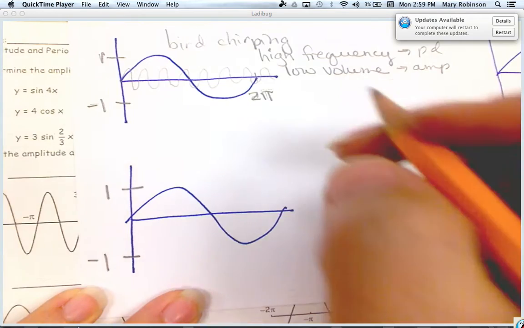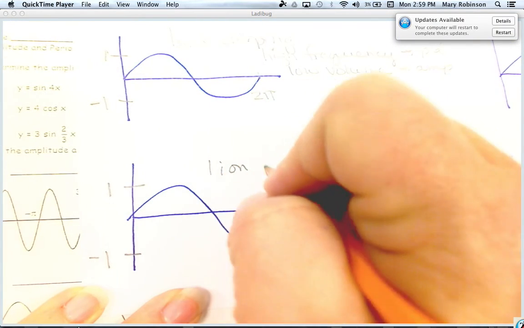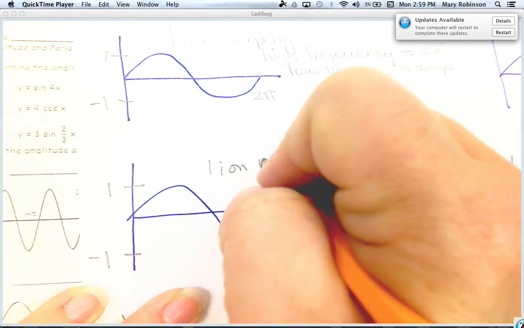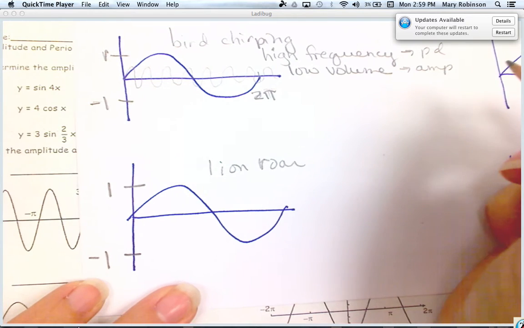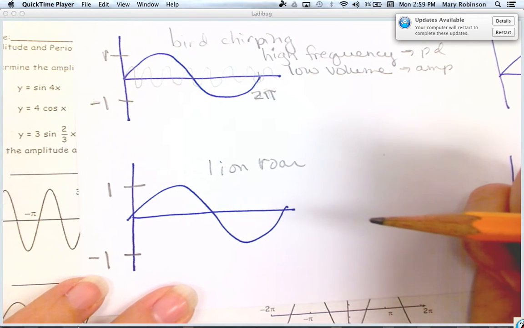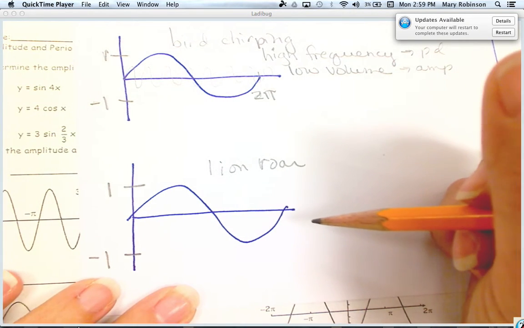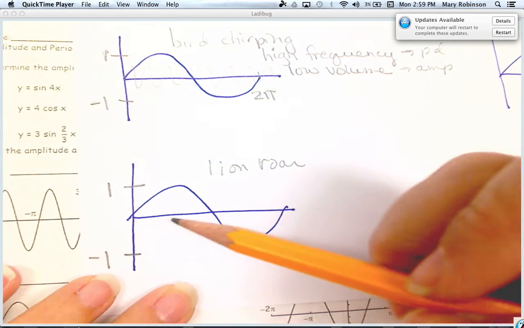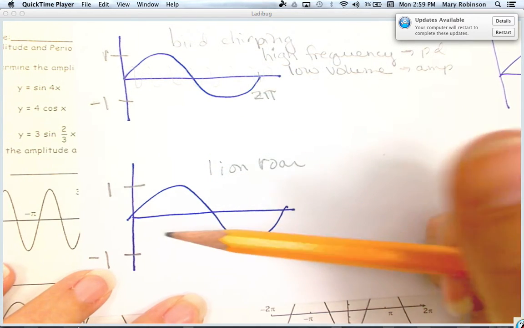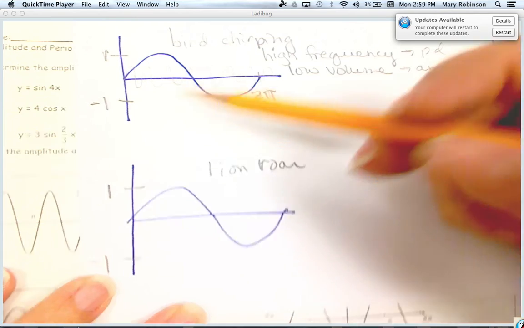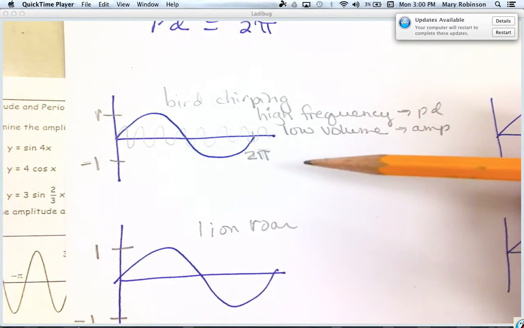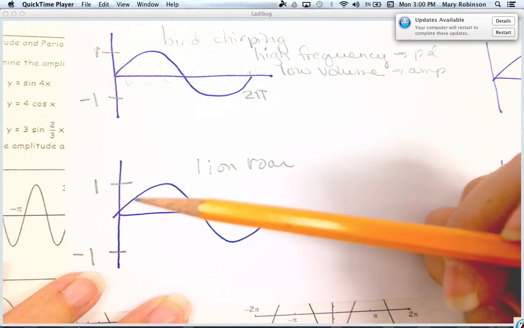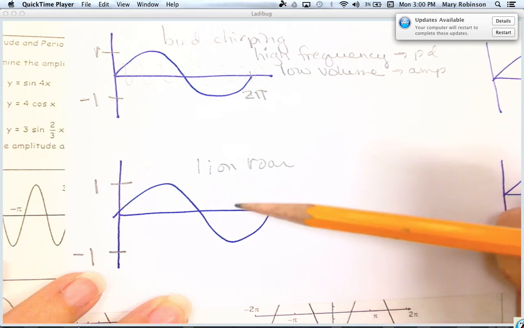If you heard a lion roar, those are males, and usually males have deeper voices, so those roars are going to be really loud, but the pitch is going to be really low. Think about a male's voice versus a female's voice. A female's voice is higher pitched, meaning the waves are closer together, while a male's voice is lower and it